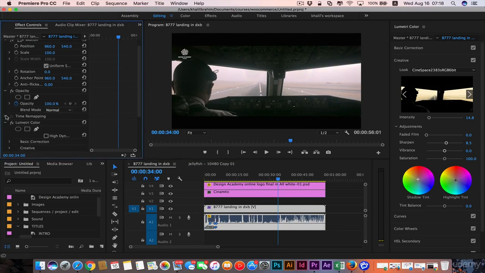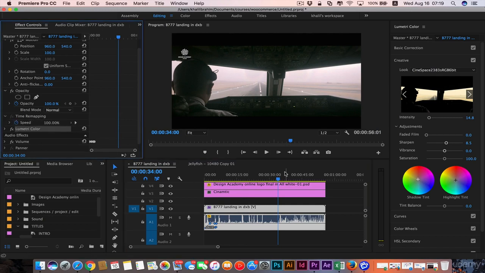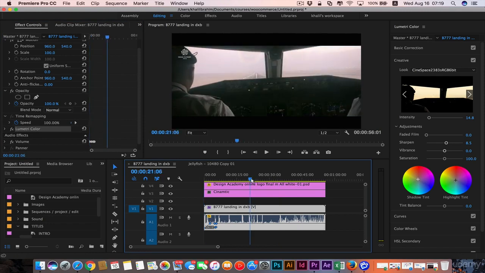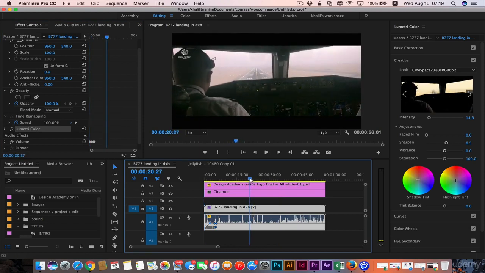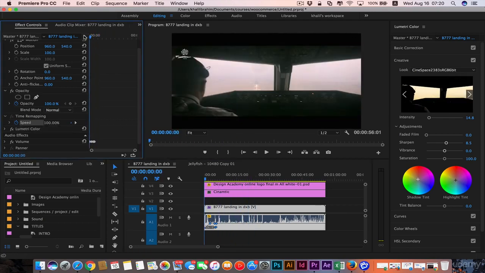Okay, let's try the speed effect. We're gonna go to our time remapping in here. And by the way, if you wanna disable anything, you can press on the FX or re-enable that by clicking on it. Then we're gonna go to time remapping and select our video, and then let's say we want to start making that video go very fast till the touch points. Let's say this is just before the touch point, so we're gonna get our slider to the very beginning, and we want to add some keyframe in here